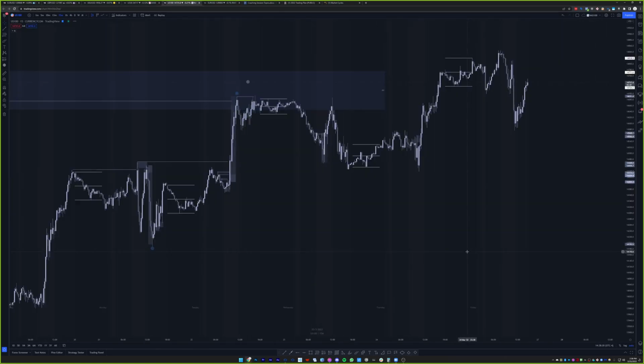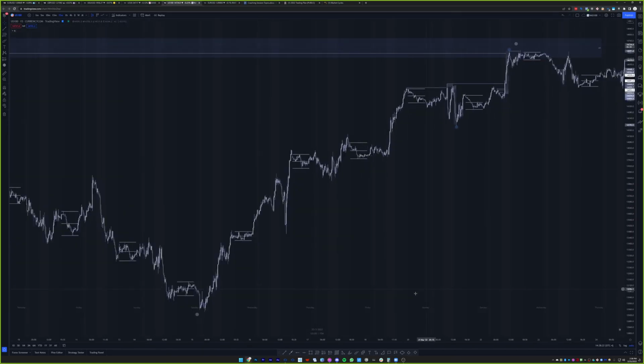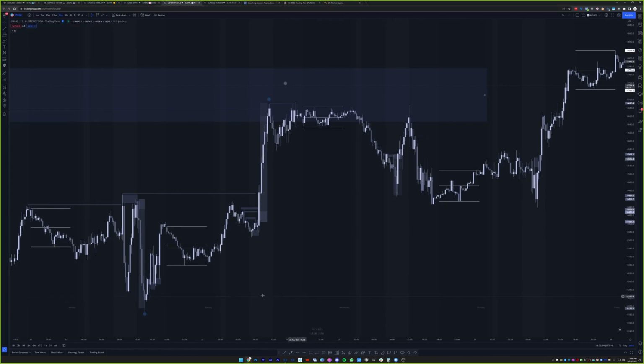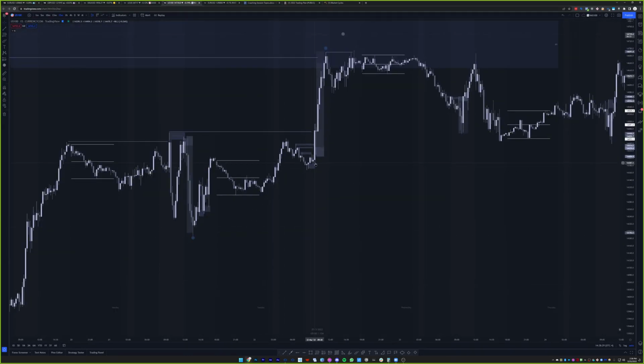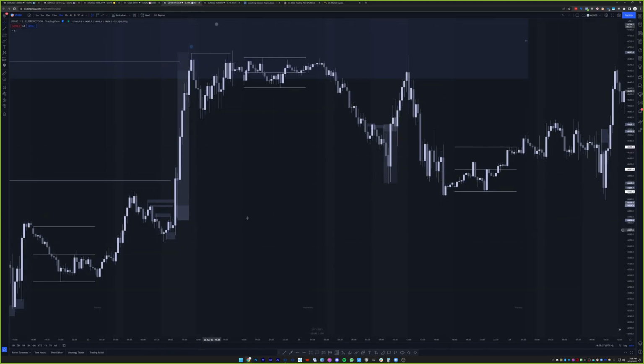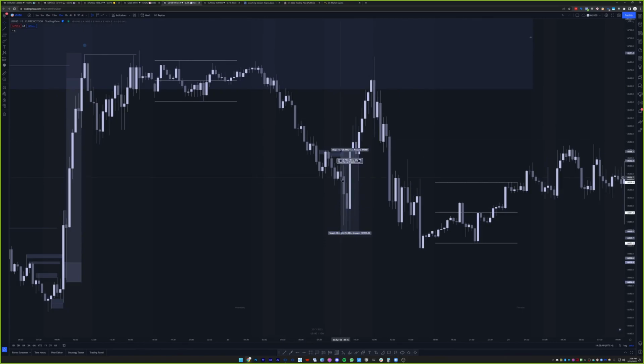On the 15 minute, as you can see, I'm pretty lazy about marking it up because I don't trust it all that much. For those of you that don't trade indices, there's typically a huge pump in volume at 9:30 a.m. Eastern because that's when the U.S. stock market opens, right? So you'll see some of the markups I have here from previously. These are just missed trades, and then this is the one that I had taken.